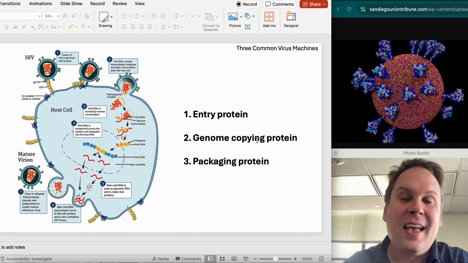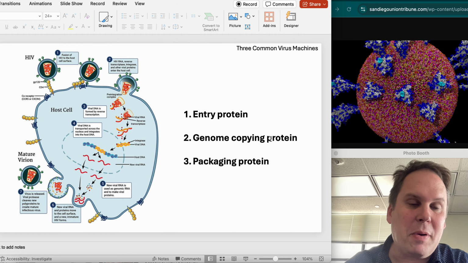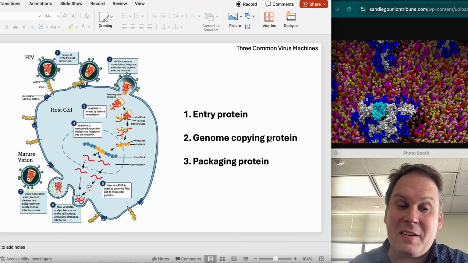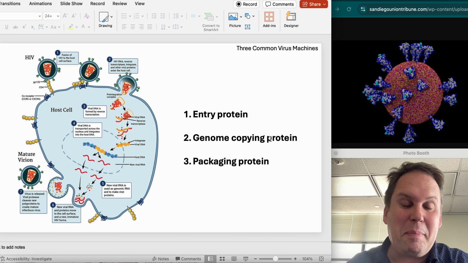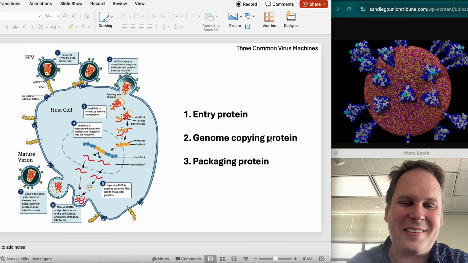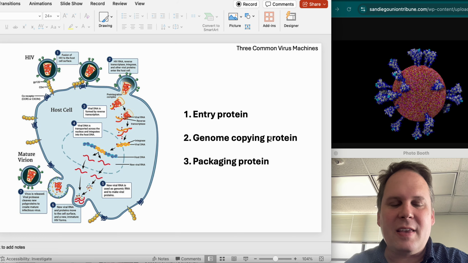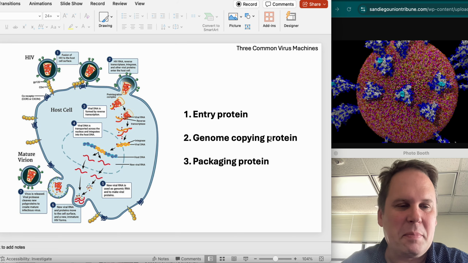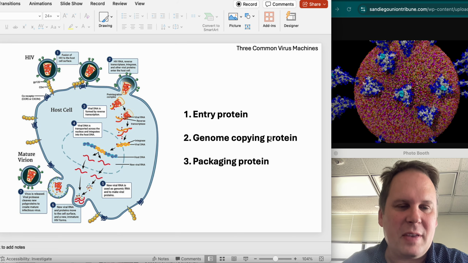That's fine. There's going to be a virus copying protein, and it's there to copy the virus genome. There are some viruses that are lazy. They're going to use the cell to make a copy of their genome. Those are disgusting viruses, honestly. But we'll talk about them anyway, even though I don't like them. Viruses, though, will most often carry a thing called a polymerase, which is just a genome copying protein. And viruses are going to carry a version that works very well for copying the virus and not at all well for copying anything useful to the cell.